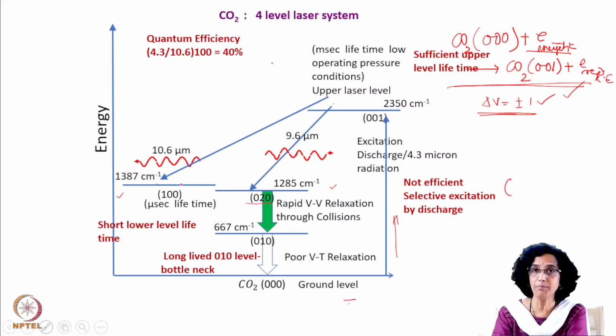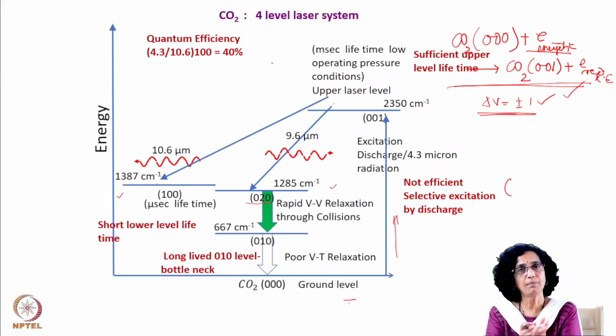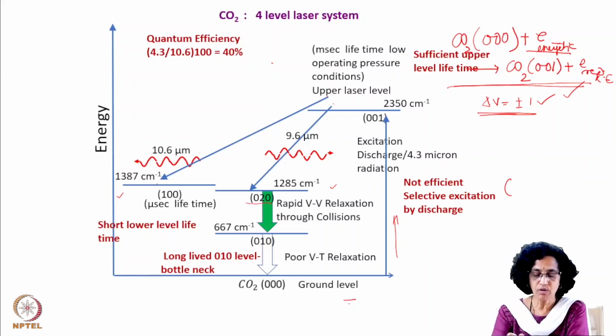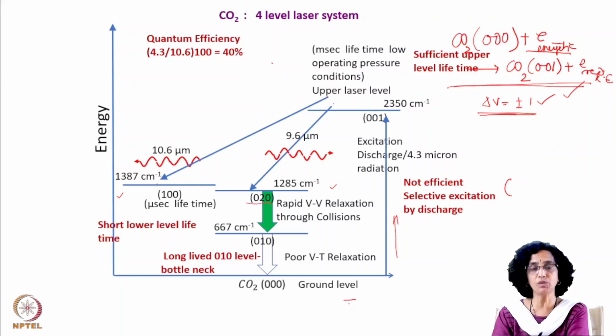Let us for the time being not consider the 9.6 micron band, because as I said, the 9 micron branch has much lower gain as compared to the 10 micron band, and therefore let us concentrate on the 10 micron band at this point. So when the population through stimulated emission comes to 100, then from 100 it has to come down to the ground level,